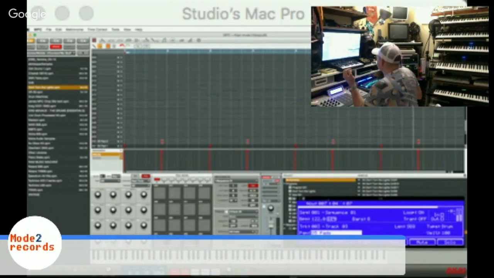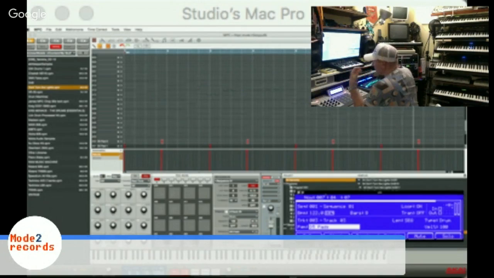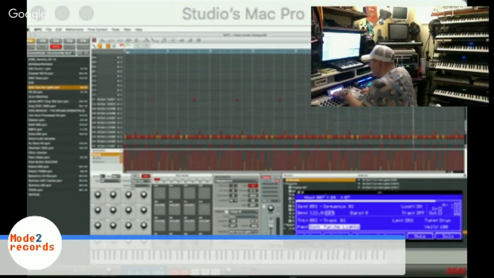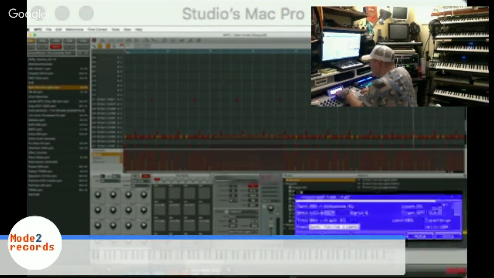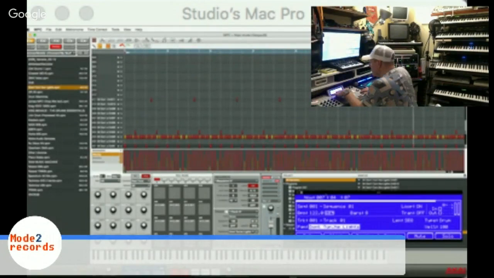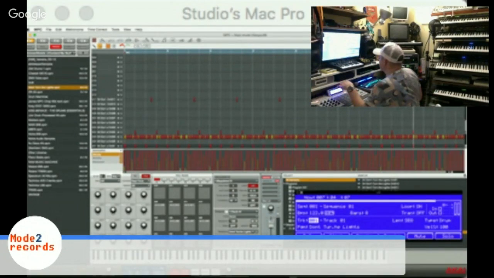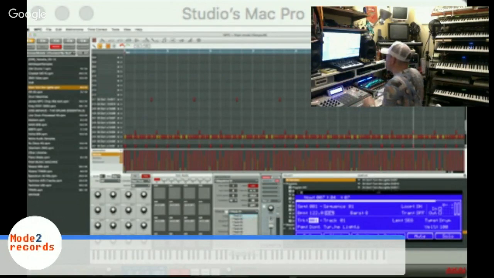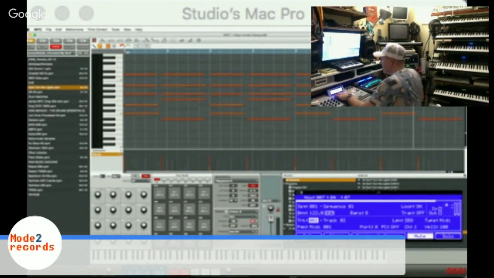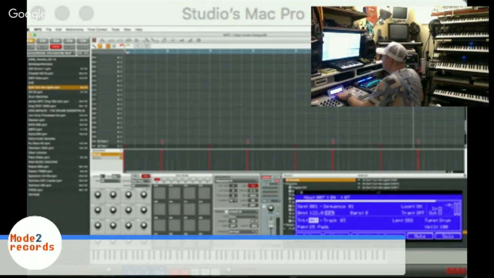Okay, I think that's enough parts. We've got 20 parts, so we've got enough parts there now to crack on. So I reckon what we'll do is we will do the explode track. Let's just call this track drums, and then we've got, so that's pads, MIDI, and we've got